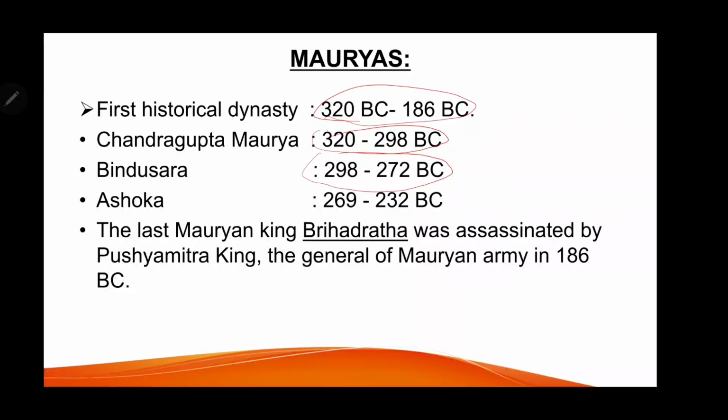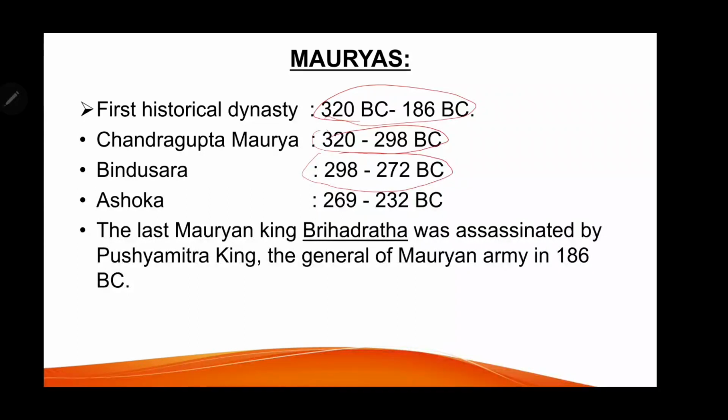Bindusar is said to be the first Caesarean in the world. This shows that in India, there can be a Caesarean in the 3rd century BC. So much of science was advanced in India at that time.